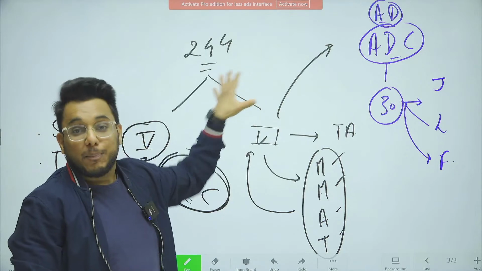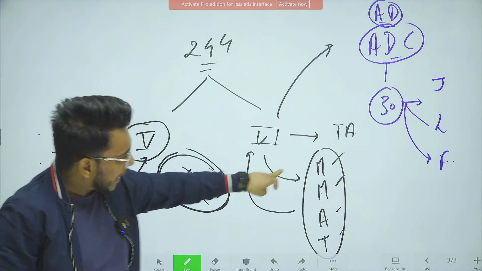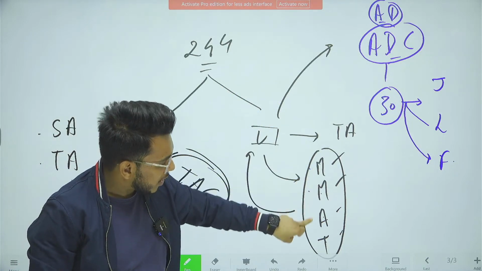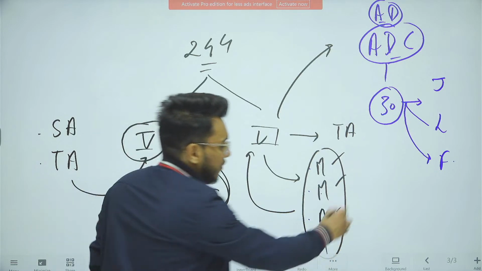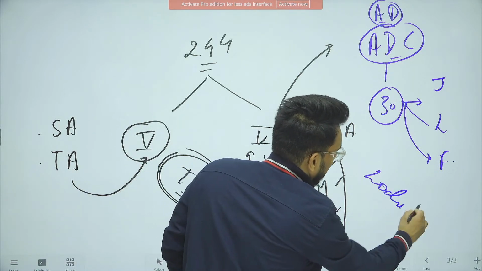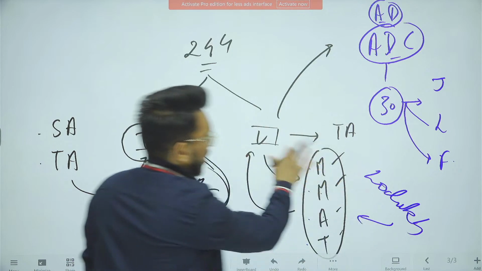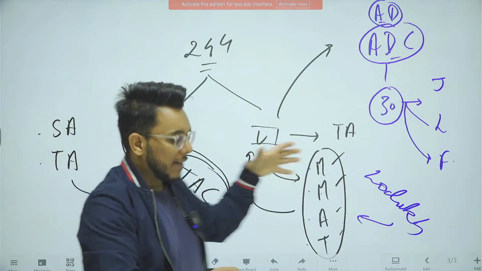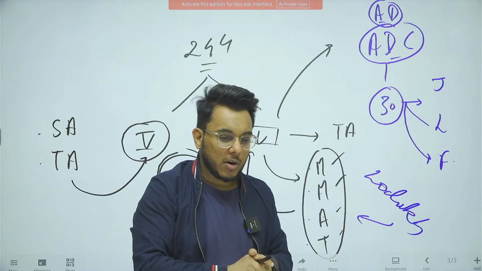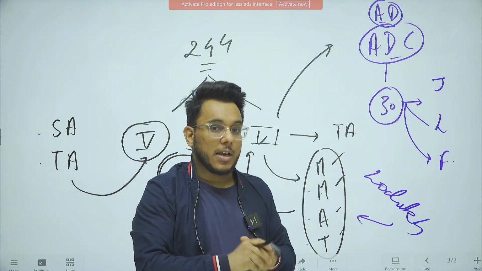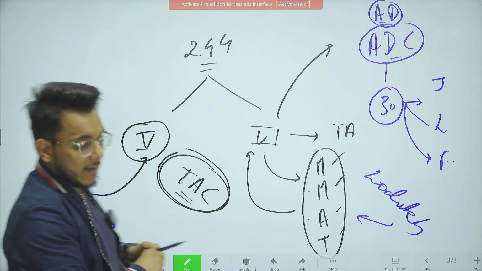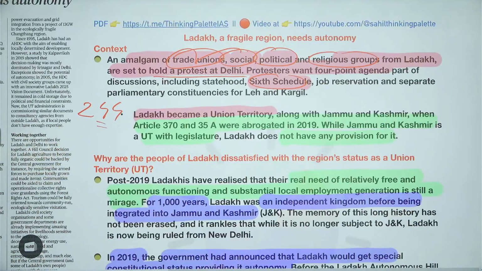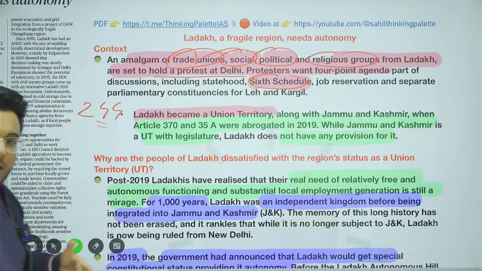Now, people of Ladakh want that along with Meghalaya, Mizoram, Assam and Tripura, even Ladakh should be included in the Schedule 6. By the way, guys, please refer to your Lakshmikant polity book for this particular chapter if you want to see it even more. Now, when we talk about Ladakh, Ladakh was earlier part of